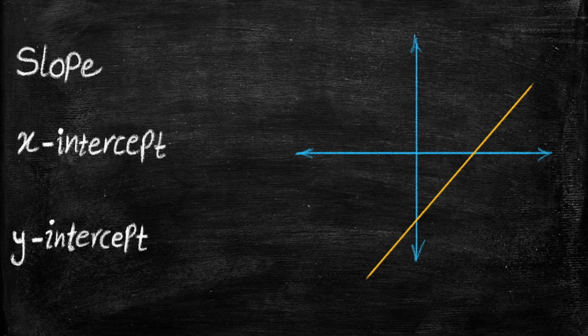We are going to introduce slope, x and y intercepts in the context of linear equations with two variables. Let's start with slope. What is a slope? It's synonymous to slant or inclination. And if you consider this linear